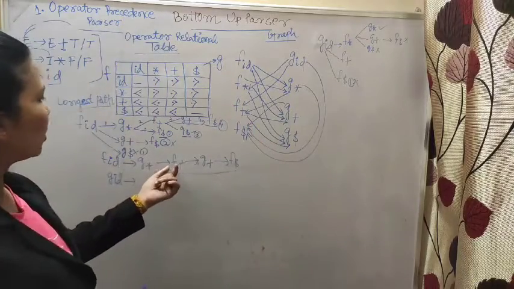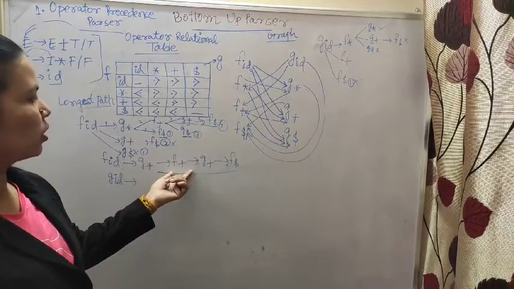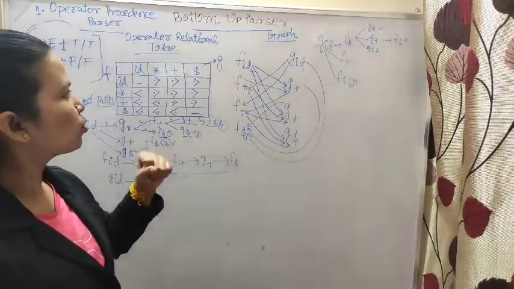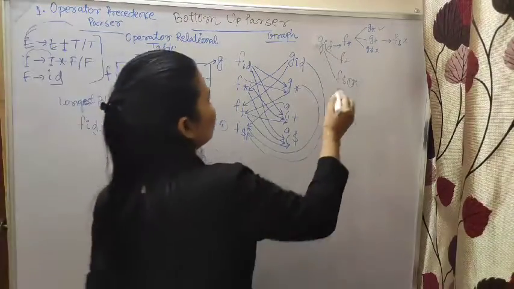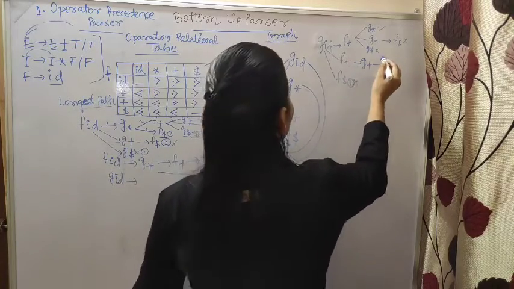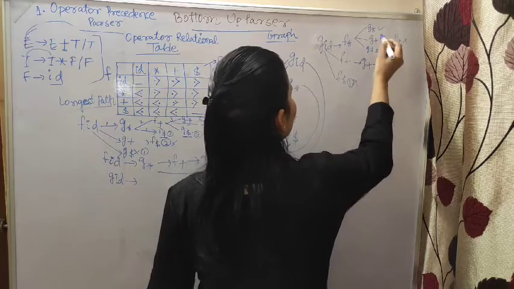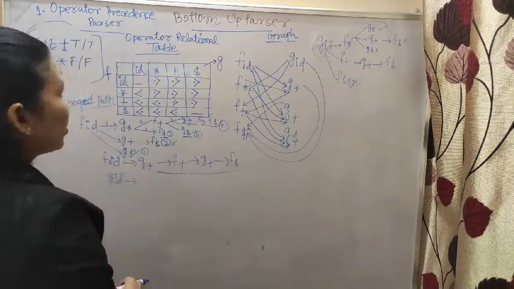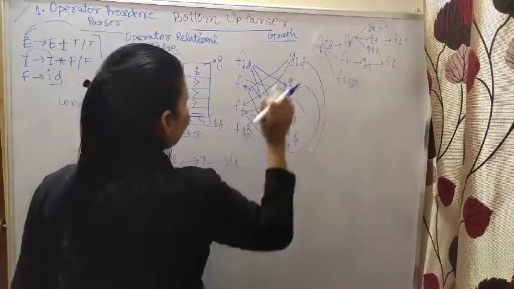Okay, and if I am taking the plus, look, F plus is given there. After the G plus will come, then F dollar will come. This is also the shortest path. F plus will go to G plus, and G plus to F dollar. So this is also shortest. This one is the longest path. So then first we'll write GID to F star.